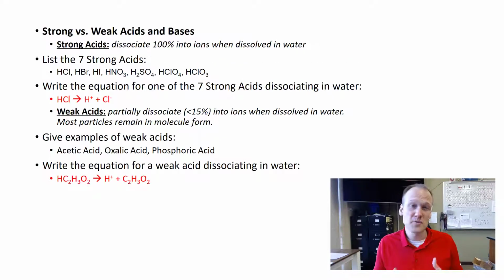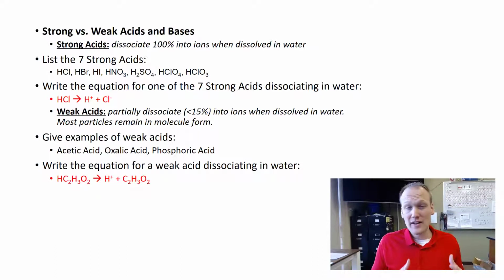Now let's take a look at the difference between a strong acid, a weak acid, and a strong base and a weak base. Whether an acid is strong or weak is based on how much it will dissociate, or break into its cation and anion, while in solution. Strong acids will dissociate completely. There are 7 strong acids and they're listed below. Hydrochloric acid, hydrobromic, nitric acid, sulfuric, among others, are the strong acids. You can see we can write an equation that shows the dissociation of breaking up into the cation and anion.